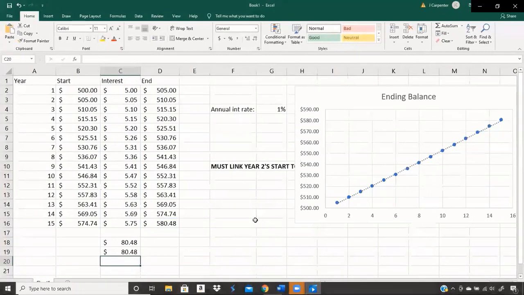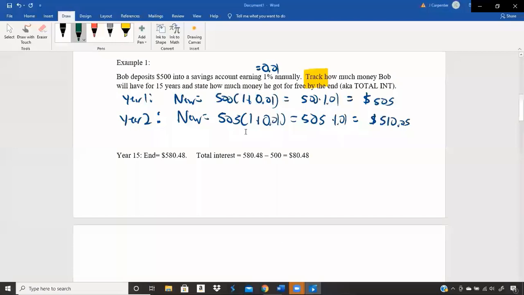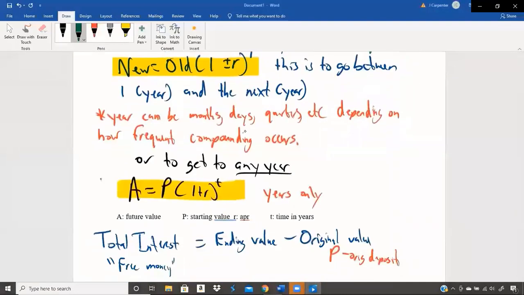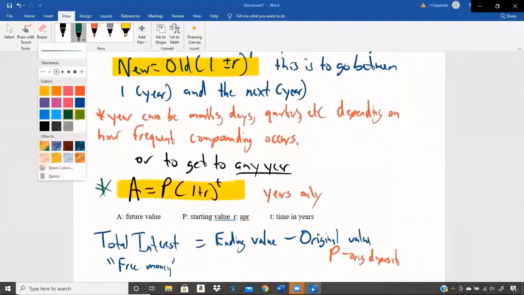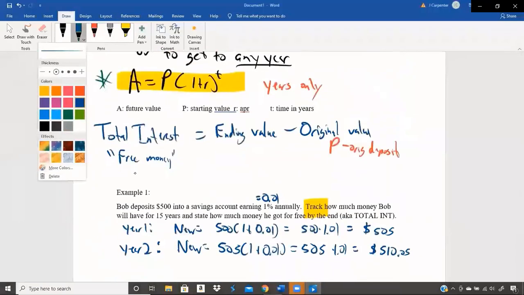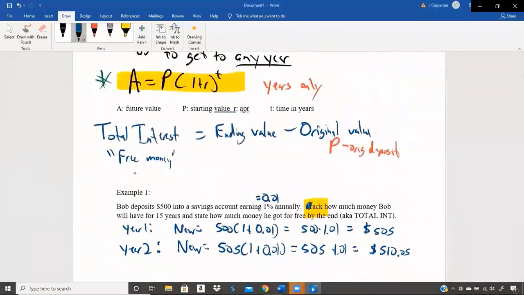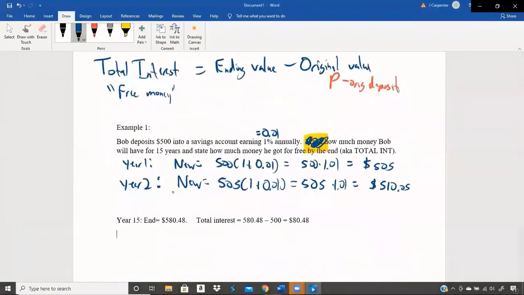All right, so let's do another one of these. Actually, before we do another one, I said we do the formula as well. So we know the ending amount, we know the interest amount. Let's see if we can calculate that by hand using this formula. All right, so let's just see if I only asked, if I didn't say track, if I just said how much money will Bob have 15 years later? So we could go at year 15, our future value A, aka the ending value for year 15, and there